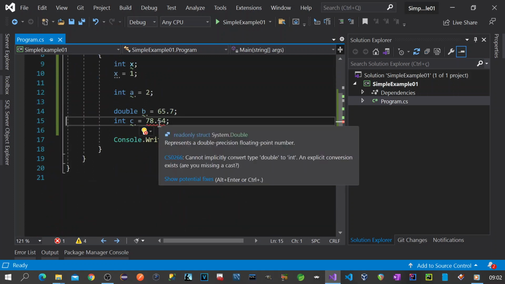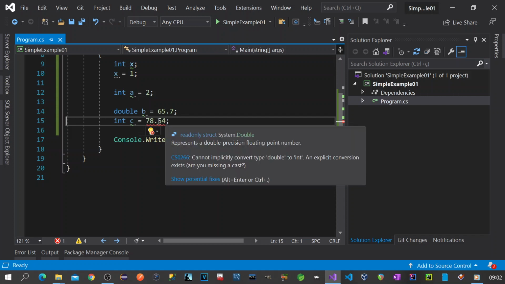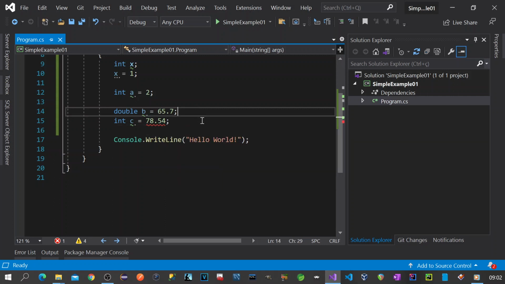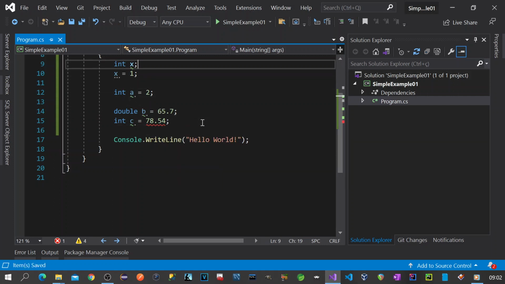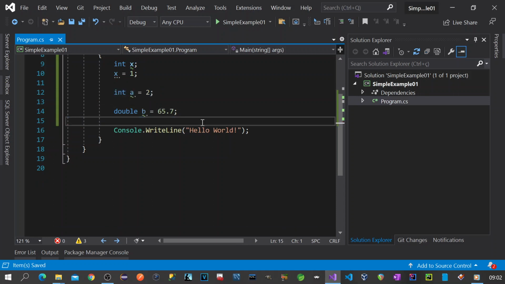So if I try to set a decimal value for my integer variable, I receive an error. Okay, look at this red squiggly notation. I received the message: cannot implicitly convert type double to int. It's not possible, because I have to use the right type for the right values. Okay,